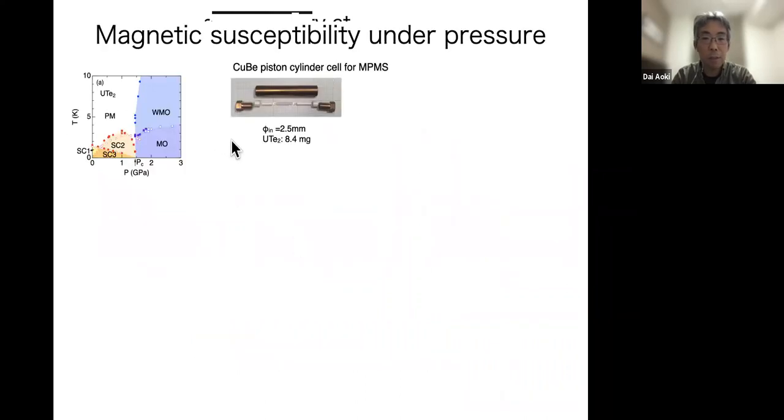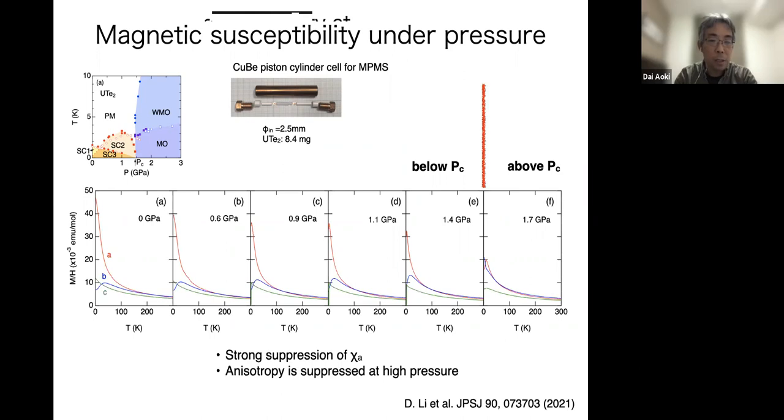So here is our small piston cylinder cell, a copper beryllium piston cylinder cell. We measured up to 1.7 GPa, above the critical pressure. And here is the evolution of